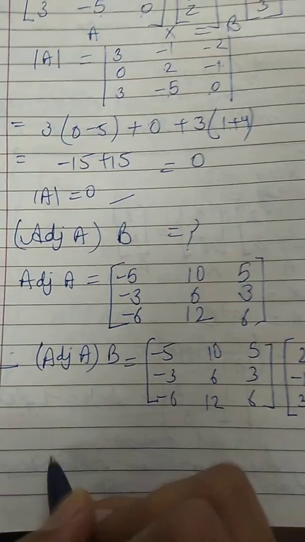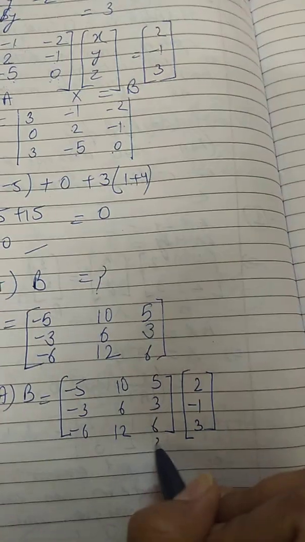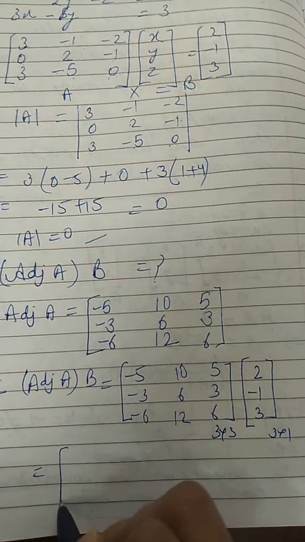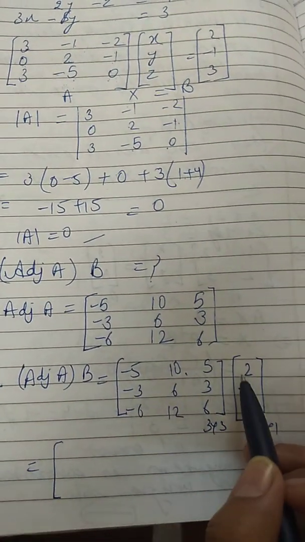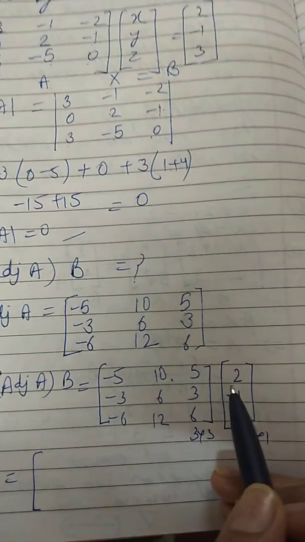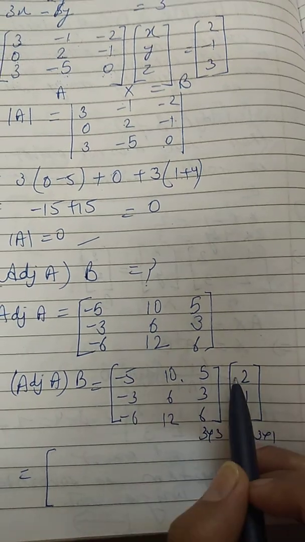So when we are multiplying here, it is of order 3 by 3, this is of order 3 into 1, so our resultant also should be a column matrix. First row, first column will give you the first element, right, minus 10,